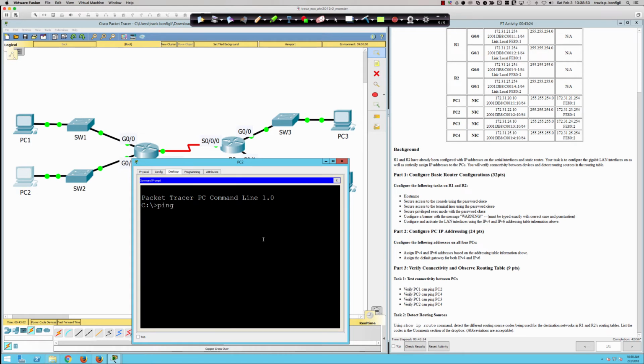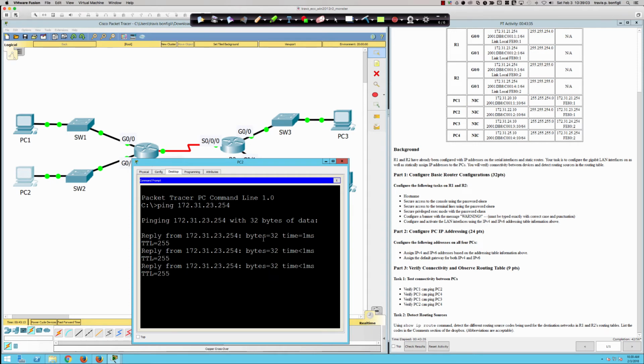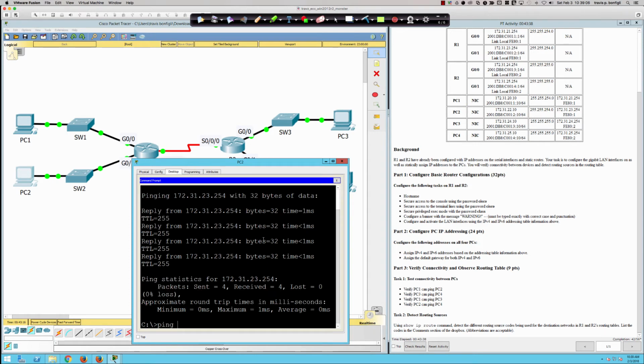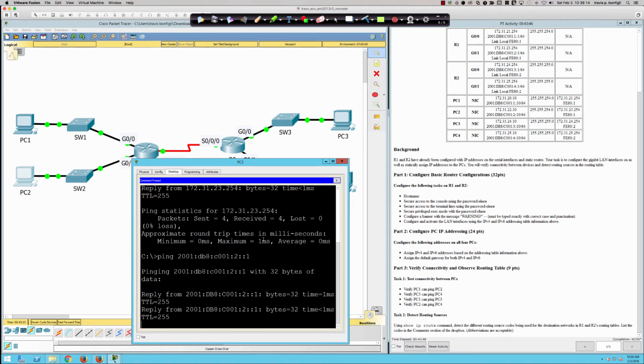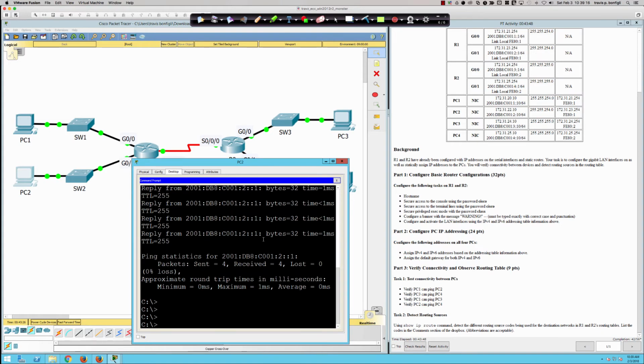Let's test connectivity. Can I ping my default gateway, which is 172.31.23.254? I can. How about my IPv6 default gateway? 2001:DB8:C001:2::1. And I can. So now if I can reach the router, let's see, does the router, who has directly connected network statements, when we get on the router we'll look at that, directly connected network statements for both of these networks, for PC1 and PC2, I should be able to ping